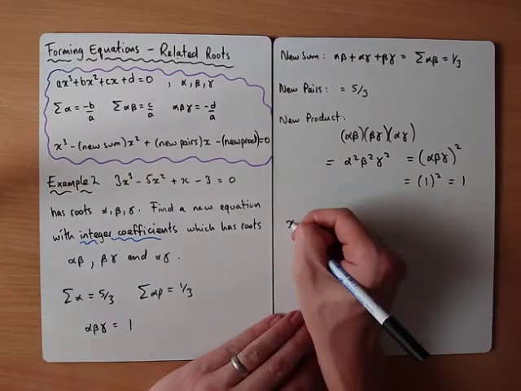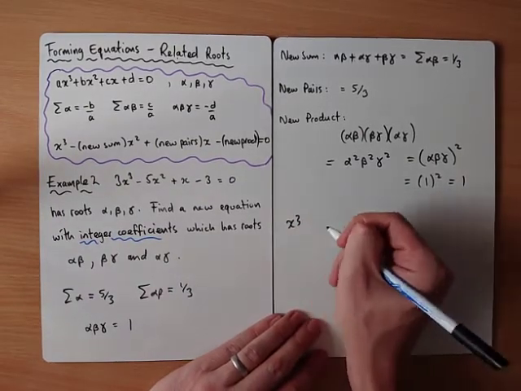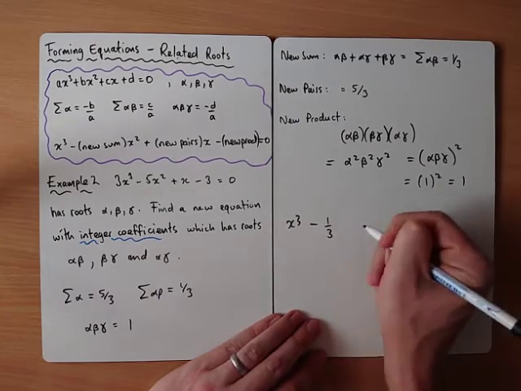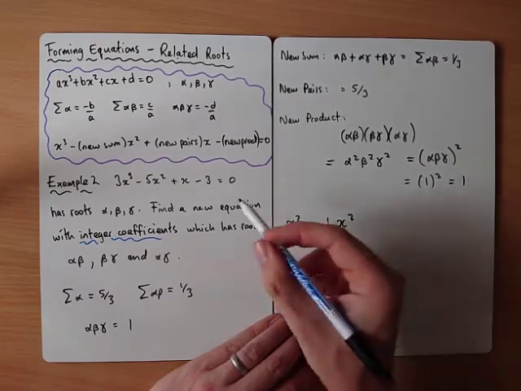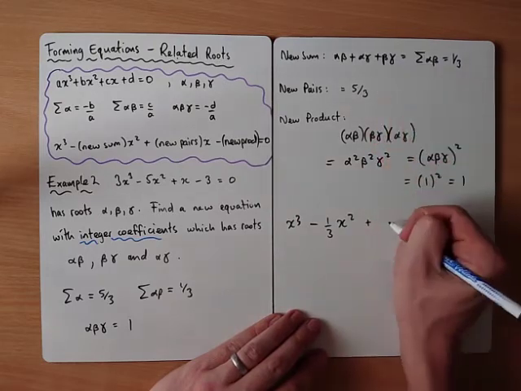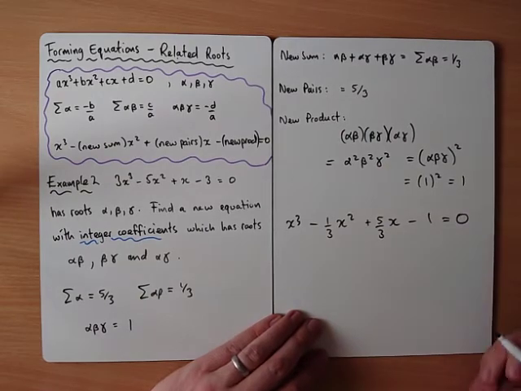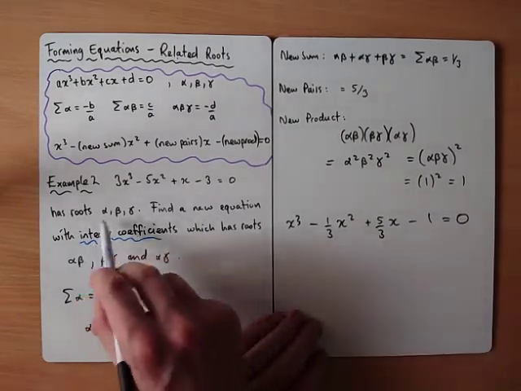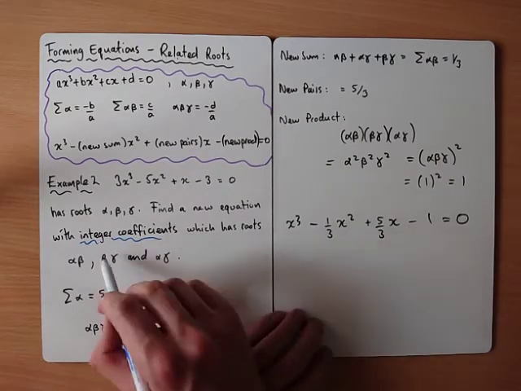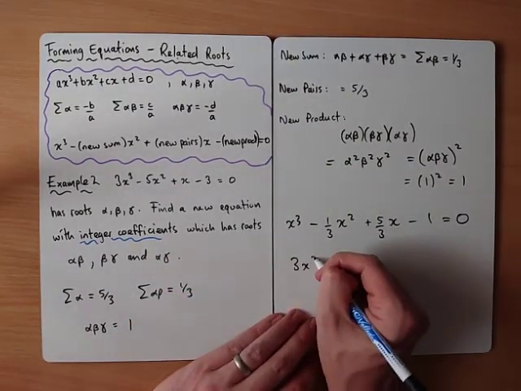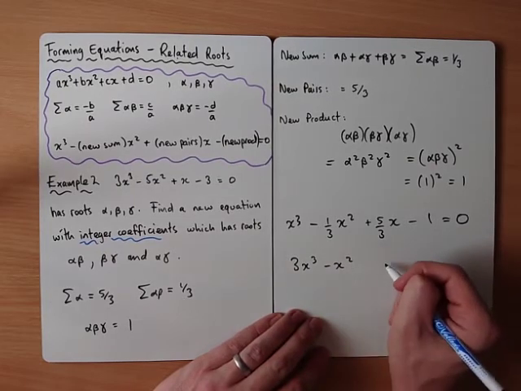It'll be x cubed minus our new sum, which is 1/3, of x squared, plus our new pairs, which is 5 over 3, minus our new product, which is 1, set equal to 0. All that hard work, don't lose 1 mark, integer coefficients: multiply everything by 3, and we get 3x cubed minus x squared plus 5x minus